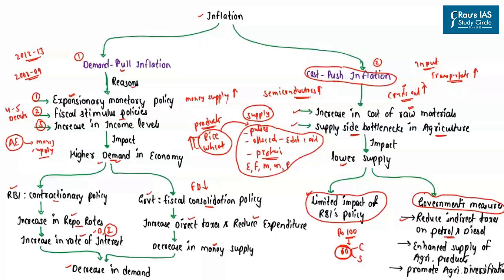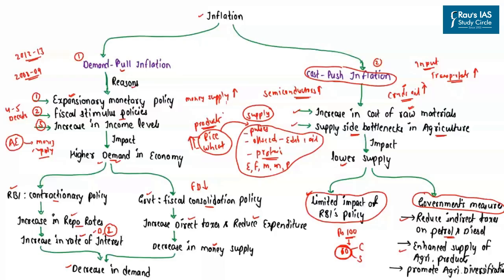So on one side, you have petroleum prices which are increasing, and on top of that, the government is imposing higher tax rates. So the higher tax rates by the government will lead to a higher rate of inflation. So ideally, both the center as well as states must reduce the indirect taxes on petrol and diesel to reduce their prices. Secondly, as I said, right now we are facing this food-based inflation because of supply-side bottlenecks, supply-side constraints,